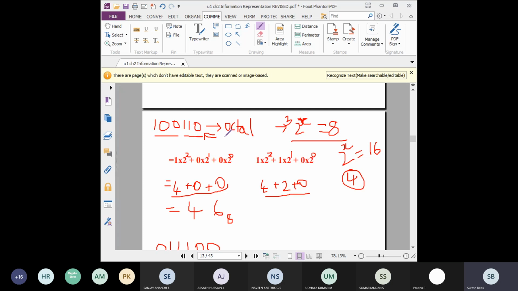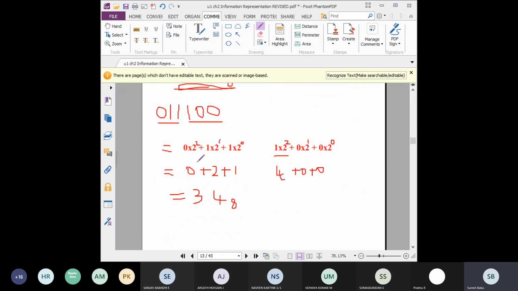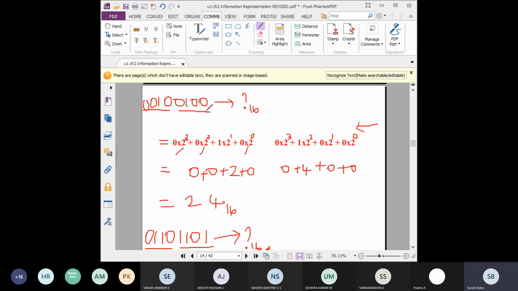And for binary to octal, the first step is to split your number into groups of three digits. For the first three digits, do the same thing we did for decimal: multiply with powers of 2 and add all the values. You will get some different numbers. Don't call it forty-six here, you should call it 4 6. The difference in hexadecimal is that you split it into 4-digit groups. In octal we split into 3-digit groups, in hexadecimal 4-digit groups. That's all. Again you do the same process, multiply and add, and you will get the answer.